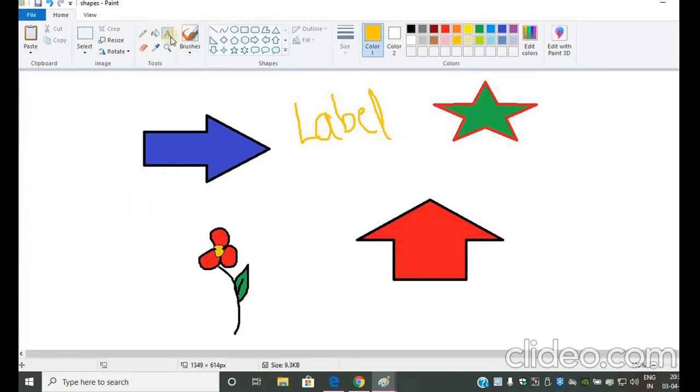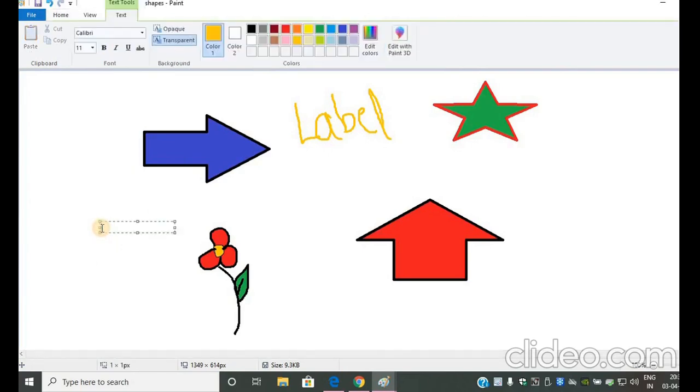So I just have to click on it and you can see the I. Wherever I want to put a label, I just have to click here. I have to place this cursor here. Then you can see a box under which cursor is blinking. So I can type inside it, flower. It is coming in yellow color because right now color 1 is yellow, that's why. So let's change the color, but its color will not change. So chalo, let's type it again.